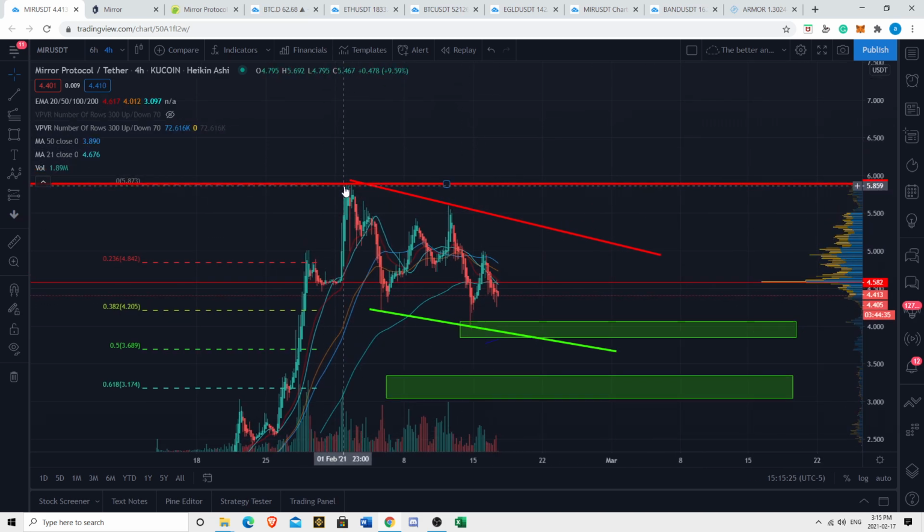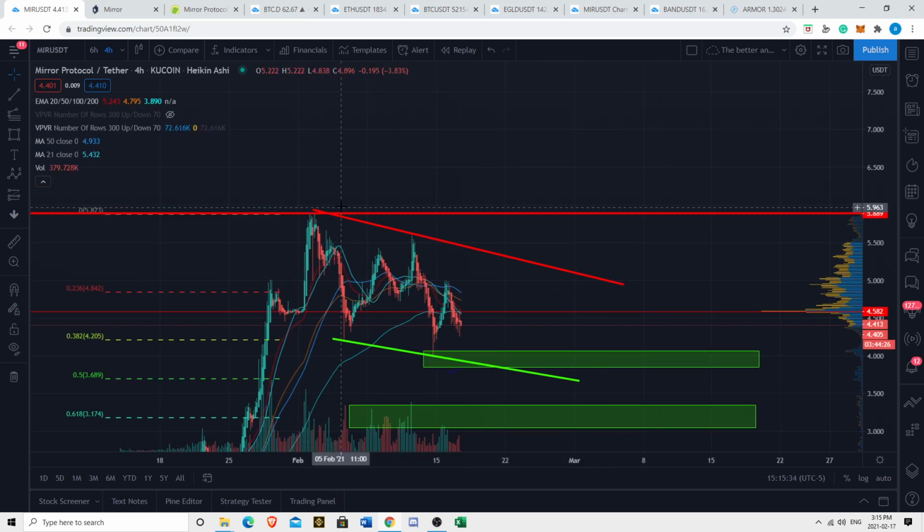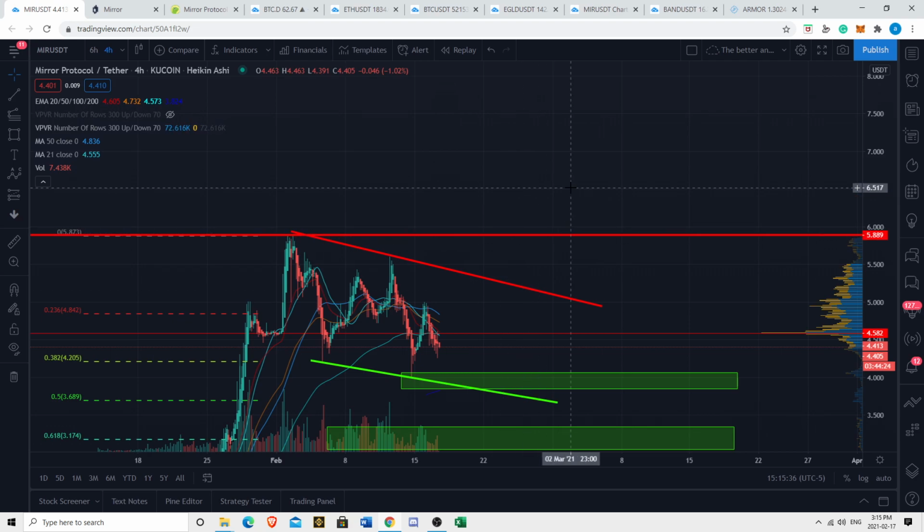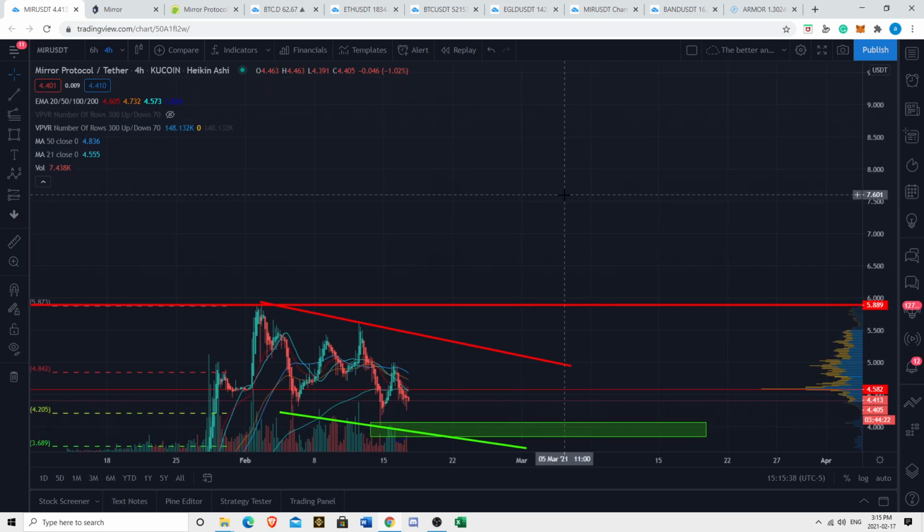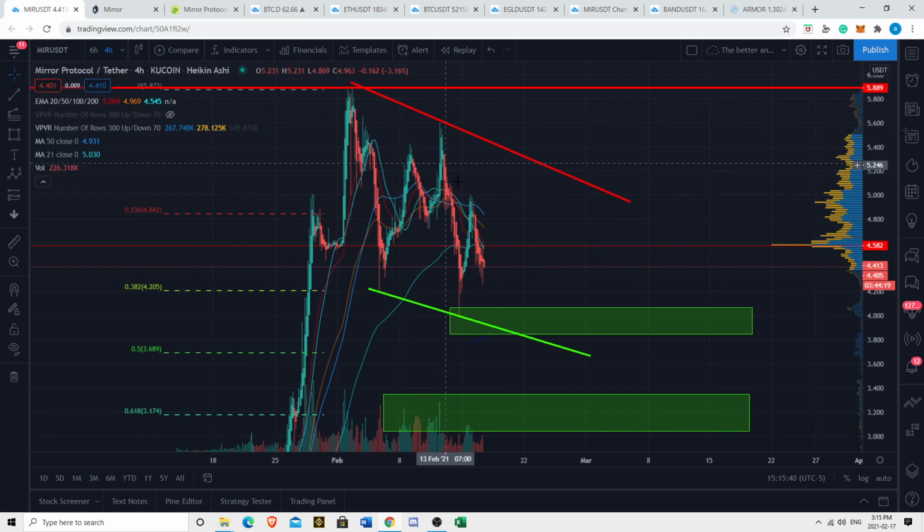Obviously, I think we're going to meet some kind of resistance at all-time highs, $5.90 to $6. I think that area will act as resistance. But if and when we can get above that and tackle these all-time highs and hold above $6, I think this is flying to $8, $9, folks. But more short-term than that,